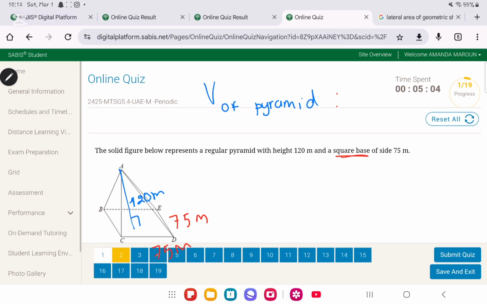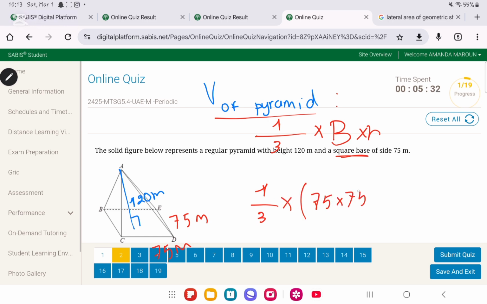So, we should know that the volume of any pyramid is 1/3 times the area of the base, denoted by B, times the height, denoted by H. So always remember, the volume of a pyramid is 1/3 times the area of the base times the height. The area of the base is a square, so very simply it's going to be 1/3 times the area of the base, which is 75 times 75, times the height, which is 120 meters. So if you put it on your calculator, 1/3 times 75 times 75 times 120, you are going to get an answer which is